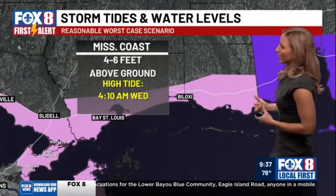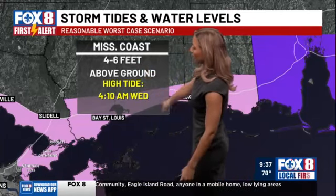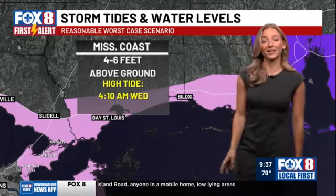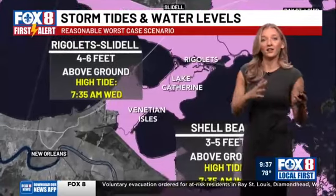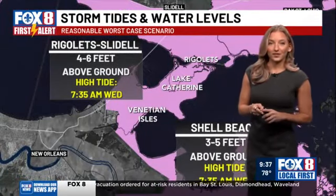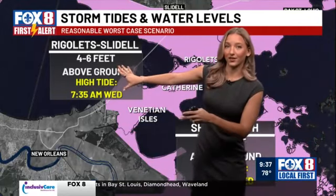Same with Mississippi coastline. We're going to have very persistent southerly and southeasterly winds. So 4 to 6 feet of storm surge expected. High tide was 4:10 this morning. So the tides are also going down there. Wrigley's and Slidell, 4 to 6 feet. Again, this is going to be a problem if we're a little bit farther west on the placement of that